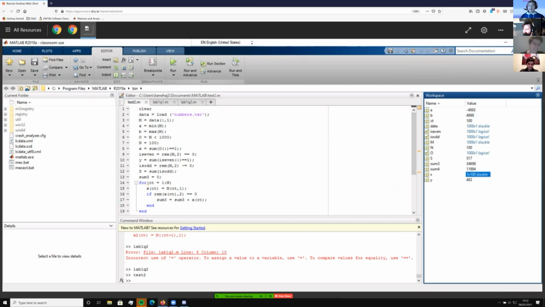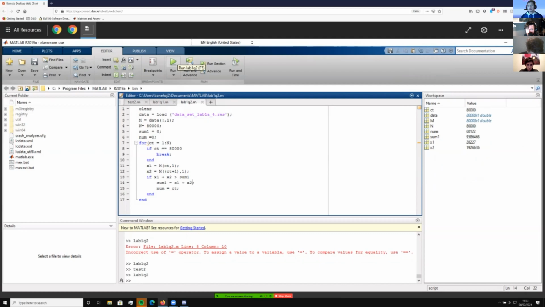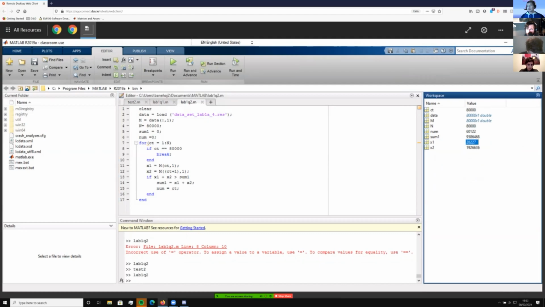CT is equal to 1 by 100 double. It does save them as matrices. Maybe if I go to CT, I'm gonna say that. Oh, give me my 2 back. No, give me that back. All right, cool. X2. I'm gonna flip these around because it's killing me, the fact that these were backwards. Yeah, I don't know if that worked or not because that number looks massive, but that might just be right.